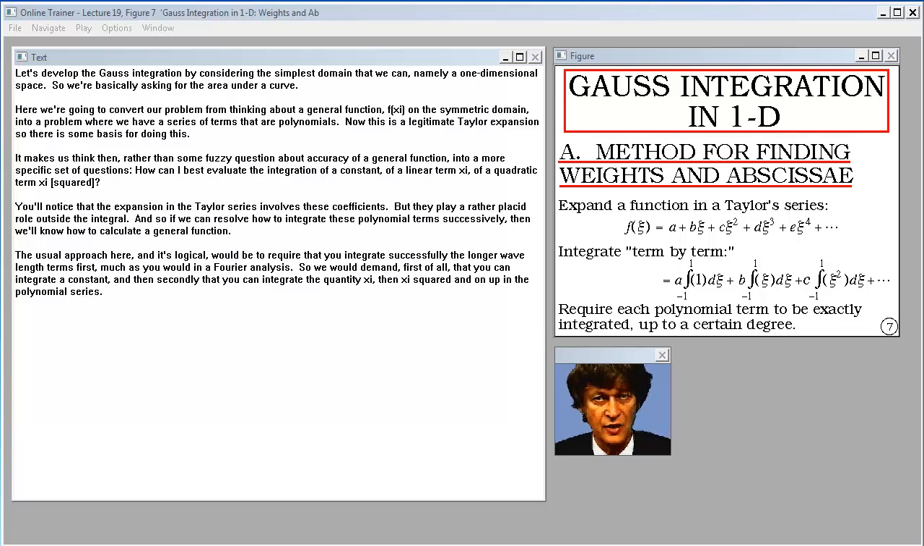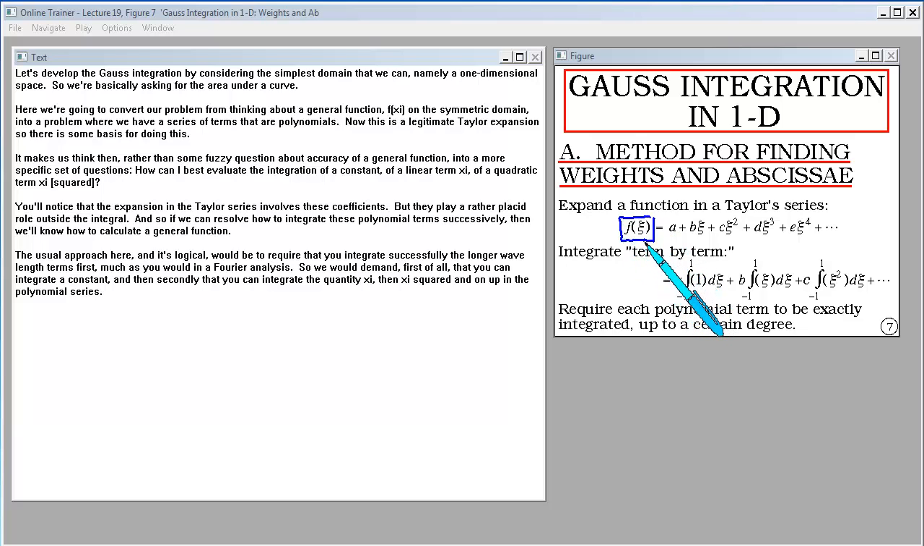Let's develop the Gauss integration by considering the simplest domain that we can, namely a one-dimensional space. So we're basically asking for the area under a curve. Here we're going to convert our problem from thinking about a general function, f of xi, on the symmetric domain, into a problem where we have a series of terms that are polynomials. Now this is a legitimate Taylor expansion, so there is some basis for doing this. It makes us think, rather than some fuzzy question about accuracy of a general function, into a more specific set of